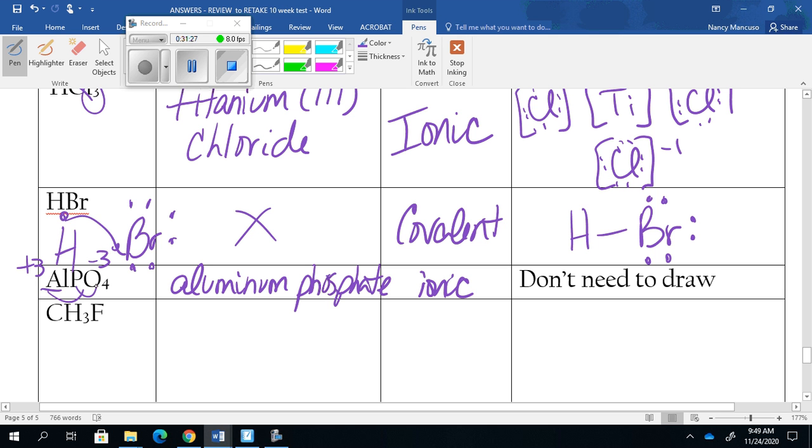When you have a metal and a polyatomic ion, it is ionic. And then the P and the O are actually 2 nonmetals. So this one is actually both ionic and covalent. Something new there. We actually haven't talked about that yet. All right,